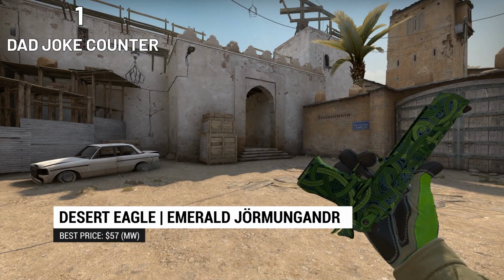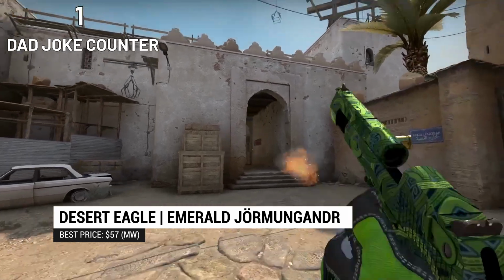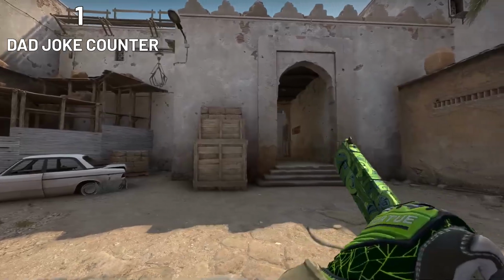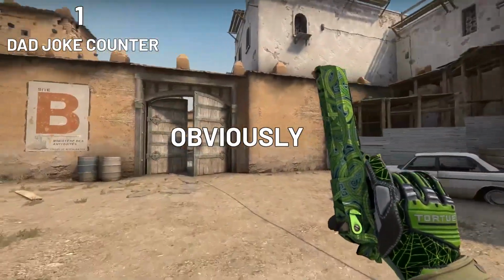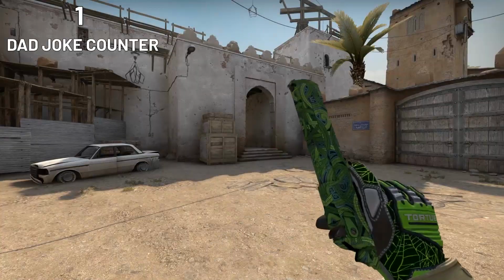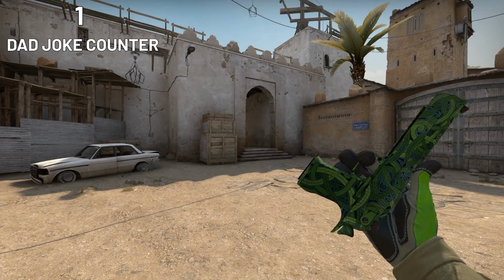For the Deagle, we had a hard choice, but we eventually went with the Emerald Jörmungandr. Not sure if you pronounce that way. Please don't come at me, I'm not Nordic. Inspired by a Nordic legendary snake, this skin is very pretty with green and gold accents all